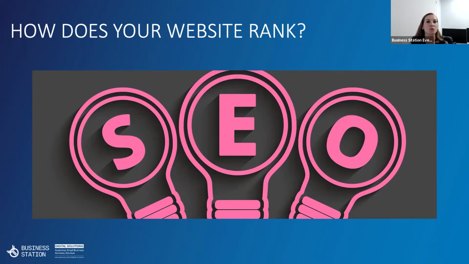So webbots will crawl your website to understand what your site's about. They then index all of the pages in their database and list your website's pages on the relevant page of results. So obviously your aim is always going to be onto the first page of results, which is going to increase targeted visitation to your website. But you need to do your keyword research. So you need to know what people are searching, and then that's where you want to be first or on the first page. So before you do any SEO or make any changes to your website, make sure that you know what people are actually searching to get to your site.